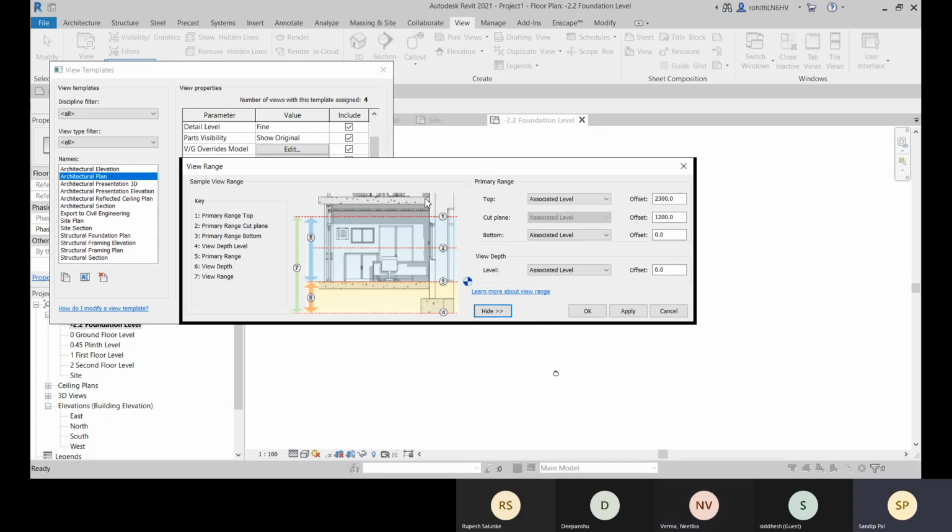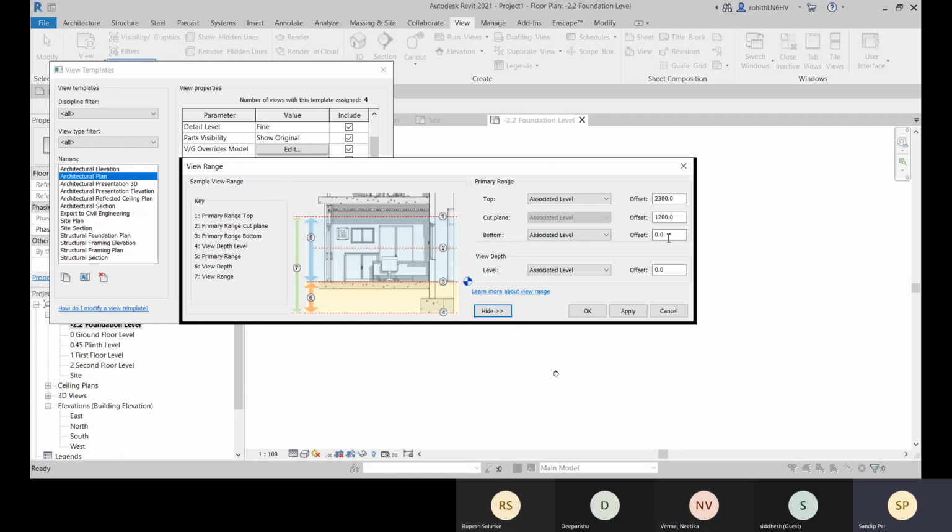So imagine this is your building. Okay, this is your building, and this three is the bottom associated level. This is the bottom associated level, and that will be associated to that current level. Suppose you are in this foundation level, so bottom will be associated to that foundation level.